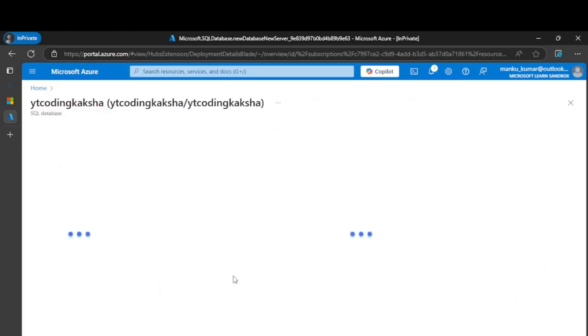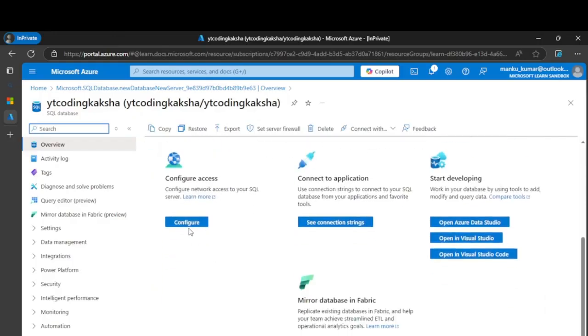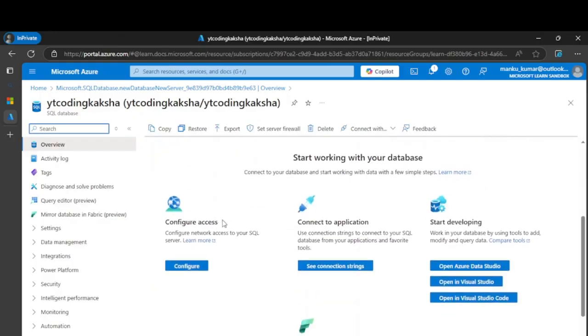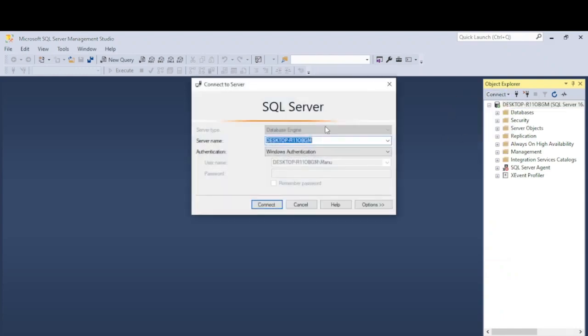Now let's go to the resource. We come into the resource, and now we can see we have resources. We have access, we can configure the access, and we can start the connection. If we want to use the SQL database on our local machine, we can download Azure Data Studio, or if we have SSMS, that's fine too, we can use SSMS as well. We just have to go to the connection, give the server name over here, and use the SQL Server authentication. We have to give the password and connect.